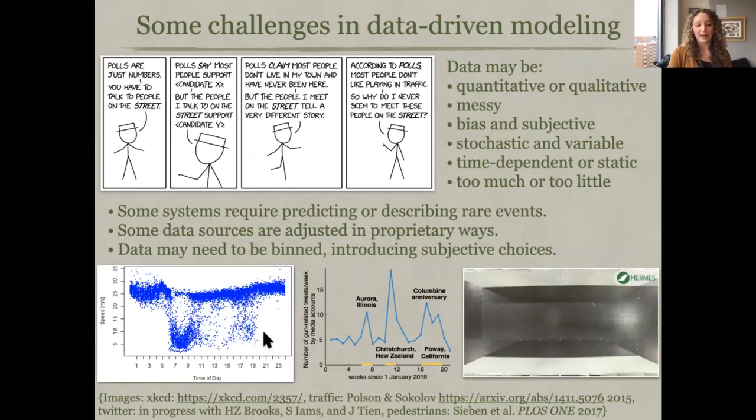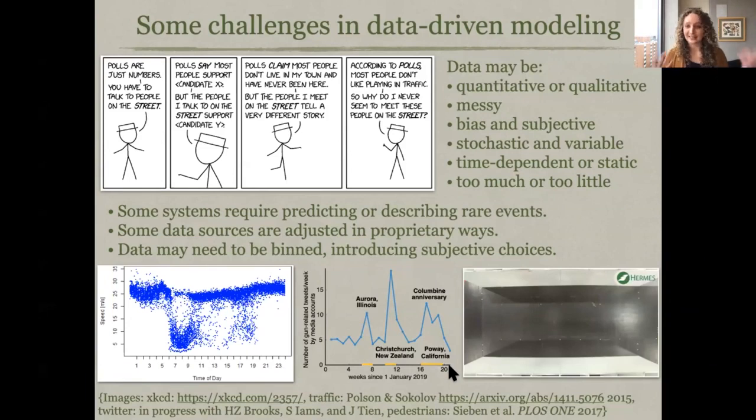We don't know why this is emerging in the system. Another example is some work with Heather and Joe, who are both involved in the course, looking at tweets related to gun violence. Here we're showing the number of tweets related to mass shootings as a function of time in January. What you should ask about this data is, how did we determine what tweets were related to mass shootings? That was a subjective choice.